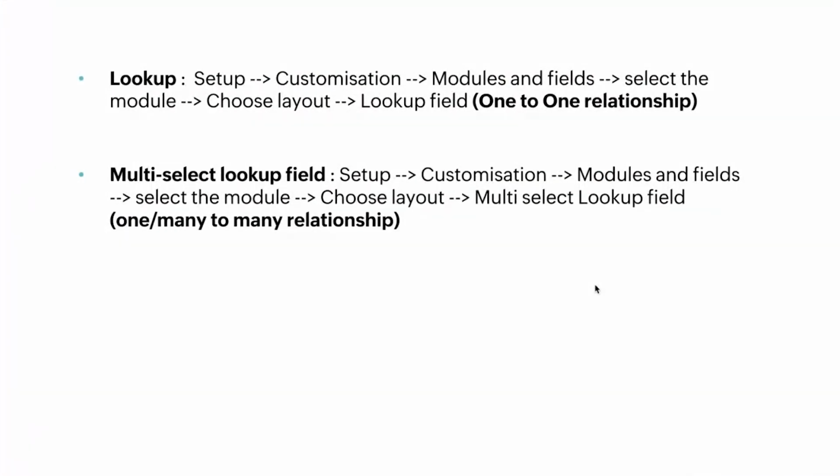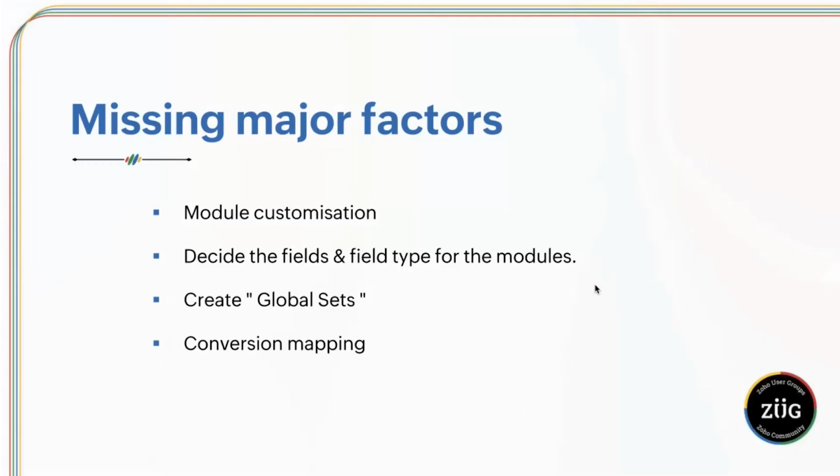So now once the customization is done, you are ready to work. But again, here is the check that you have to make sure of, which most of the customers miss. That is first, if the module customization is done on one module, is it taken care of on the other module as well? For example, if you are going to create a field within the leads module, you need to make sure that the fields are done in the other modules too, because the leads get converted into contact and accounts